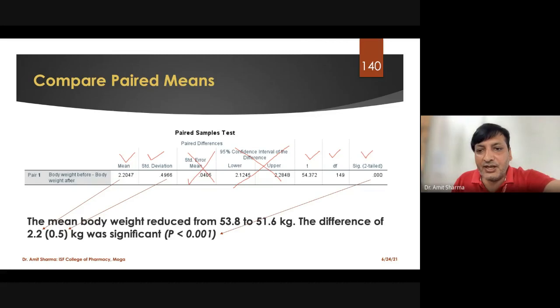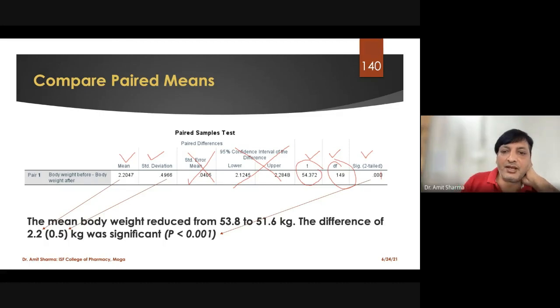So you can see that as we have calculated the t score, here also we have got the t score, and degree of freedom is n minus 1. So sample size was 150 for W1, so here we got 149, and significant value is 0.01. So we are able to prove that the result was found significant, null hypothesis was rejected, and there is a difference in the weight 1 and weight 2.